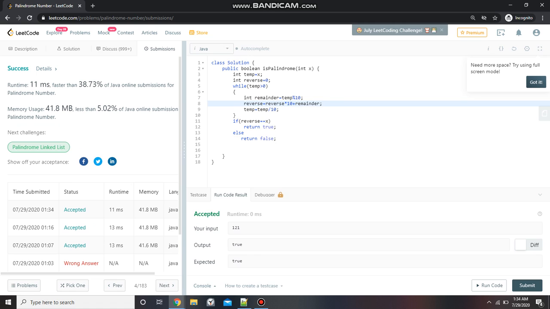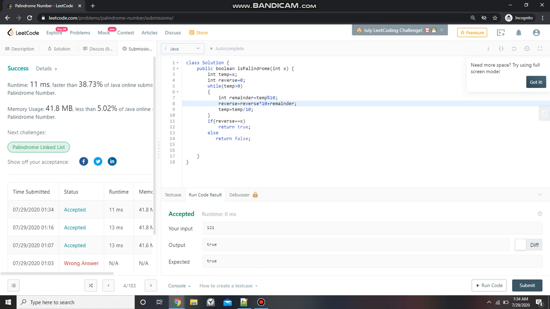So basically, for beginners, I'm explaining it once again. What we do is we store the original value of x in a variable temp and we perform all the experiments with the variable temp. The first step separates the digits from the original number. For example, initially our temp has the value 121. If we perform 121 modulus 10, it gives us 1 as the remainder. So we get 1 over here, and reverse is equal to reverse into 10 plus remainder. So reverse also has 1 and temp has the number 12.